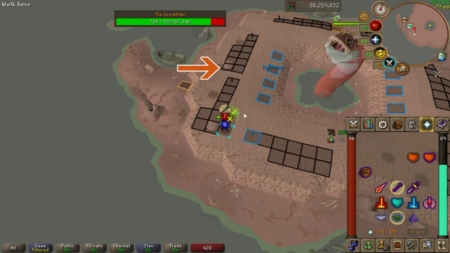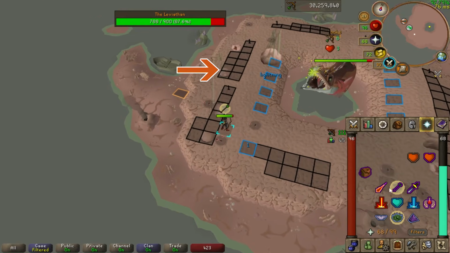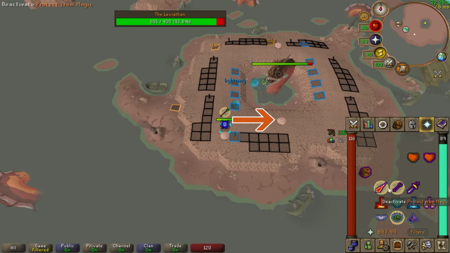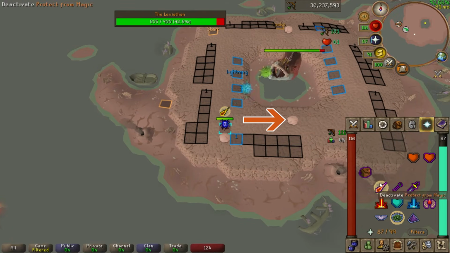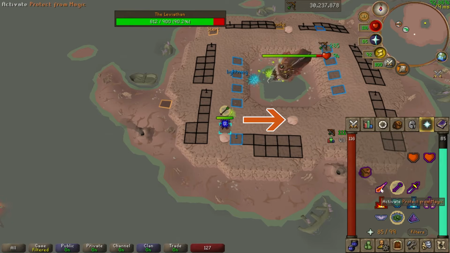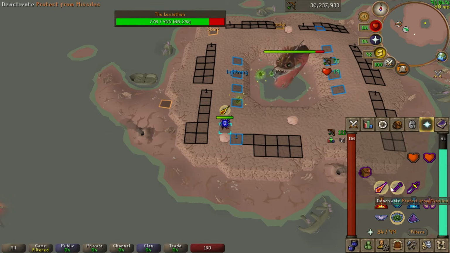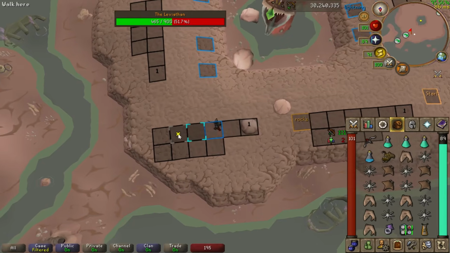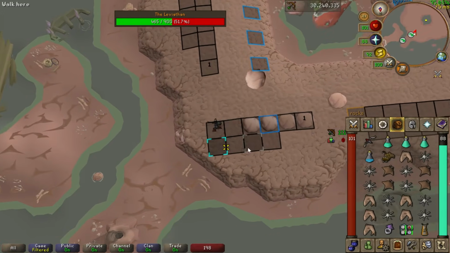Remember when I said pay attention to where those boulders fell after the first volley? Well, this is why. If you are paying attention, you'll know which special attack is going to occur after you stunned the Leviathan. So let's cover each special attack in detail. For the Smoke Blast special attack, the Leviathan will spit out 10 boulders at your character's current location before launching